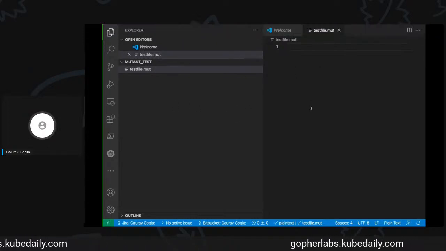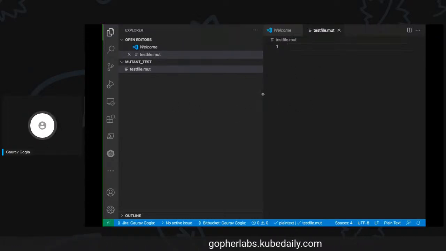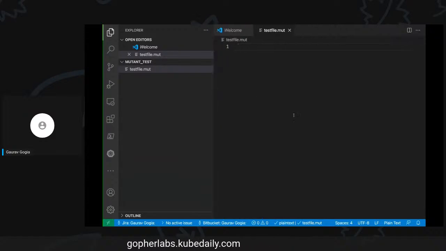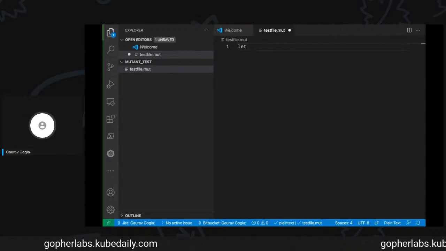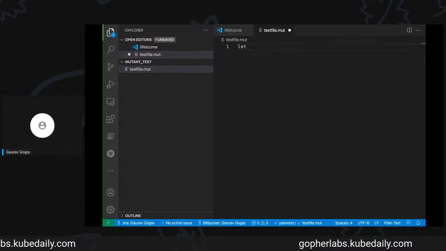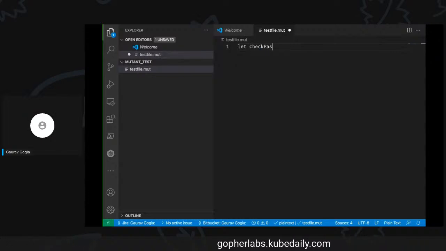And let's make a very simple program that checks for a password. And we can define a function, check password.